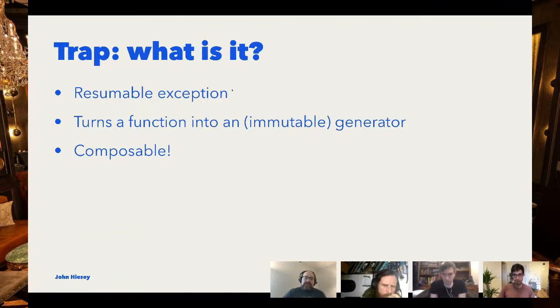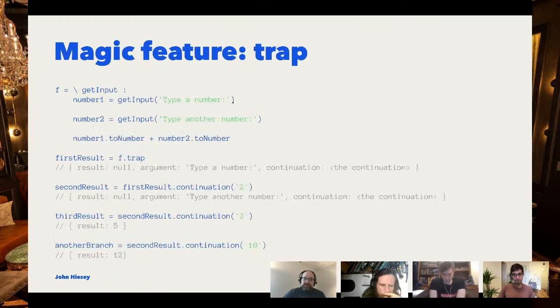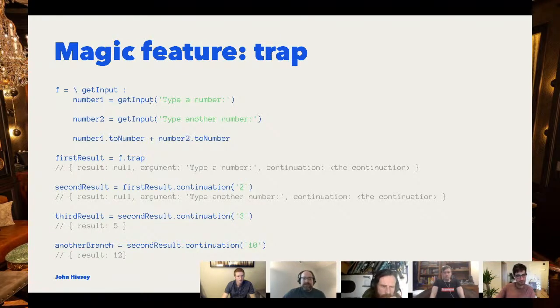Yeah, so you can think of it as a resumable exception also. Like, instead of get input, you can think of this a little bit like throw, and calling f.trap is a little bit like try catch. So it can either run all the way through to the end and return a result. Oh, I should mention that the last expression is the return value. So if you were thinking JavaScript, there'd be an implicit return of this value. But in my language, in Xylem, the last expression in any function is the return value.